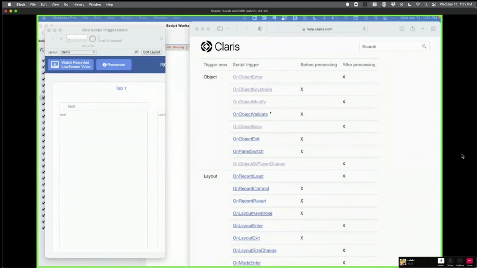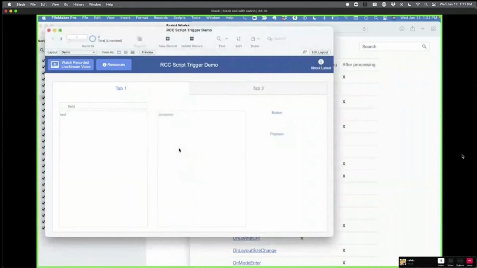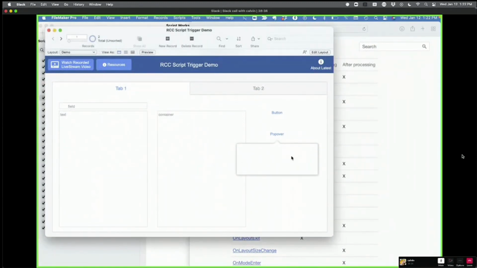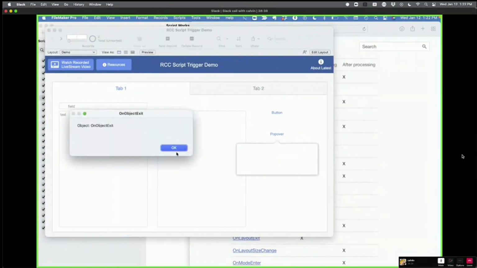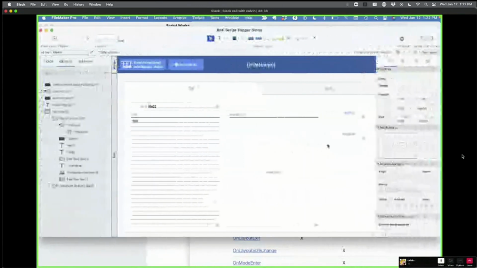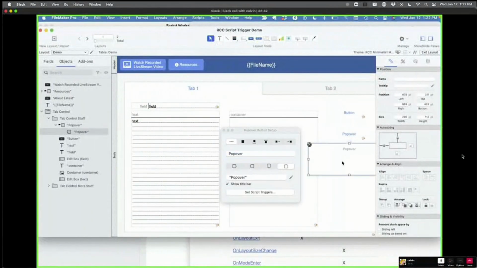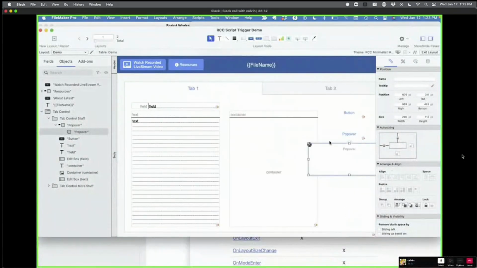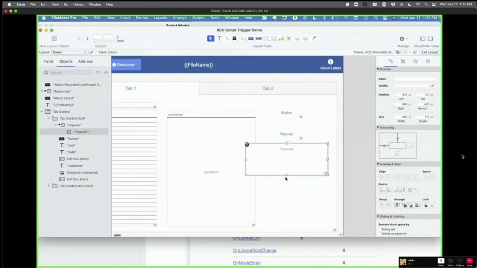So on object validate is an object trigger. So let's go ahead and over here, I'm going to go into layout mode and we'll look at this popover. Look at our script triggers. So we do have an on object validate trigger option. I'm not sure how that would work on a popover, but usually what we'll see in a popover is if